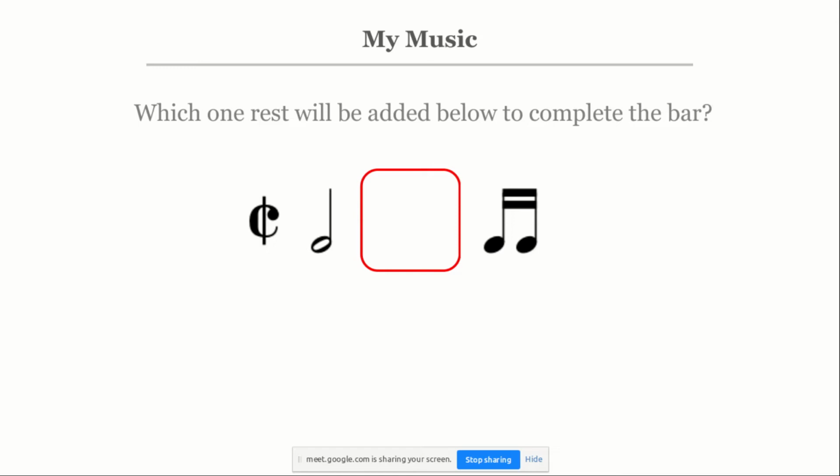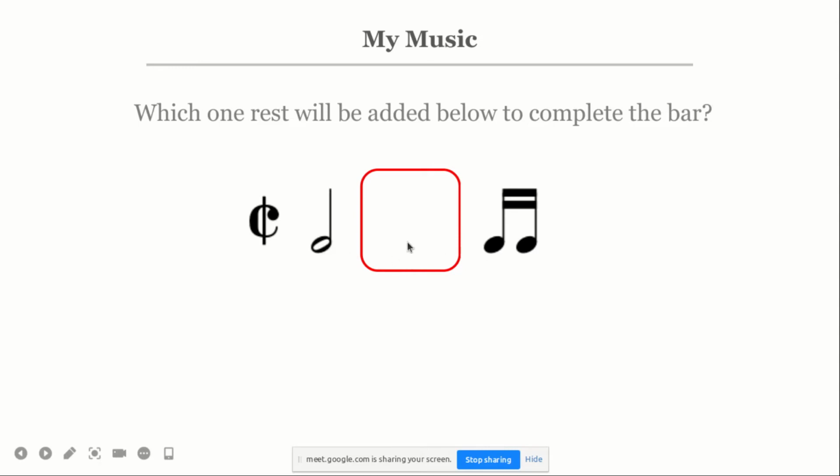Quarter rest. Crochet rests. So a crochet rest, if you add a dot, yes, this should be a dotted crochet rest, because this is two minims in a bar. The C with a slash, it's two minims, a la breve, two minims.